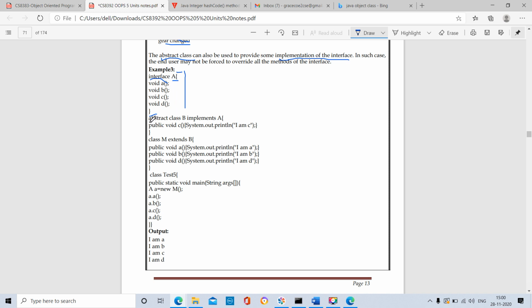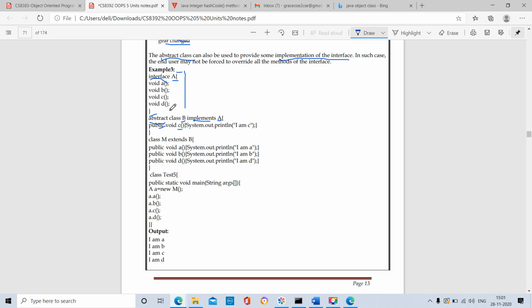Next, abstract class. The class name is B. It implements A. Next, public void C. Void C is the method. In the interface, we declared all the methods, as we have already seen in the interface topic.